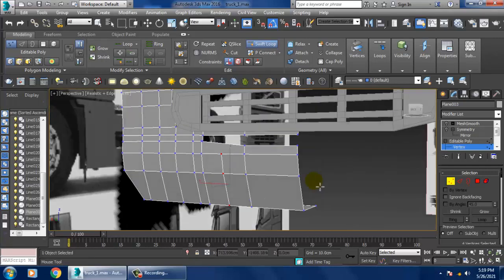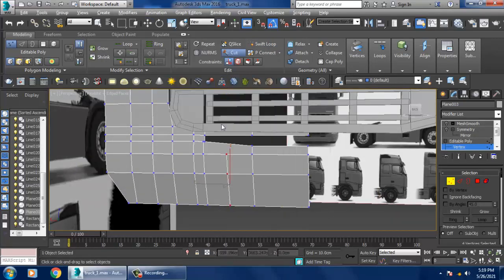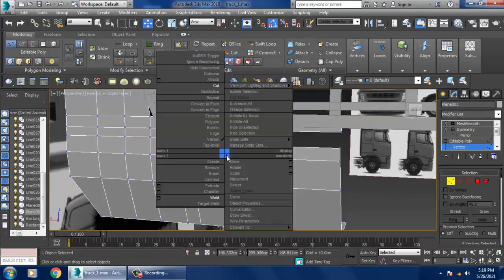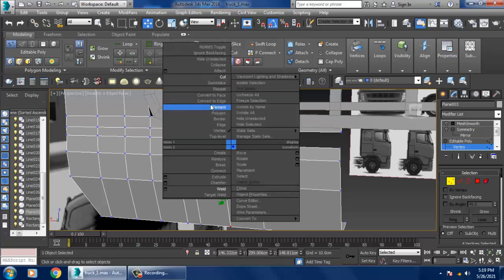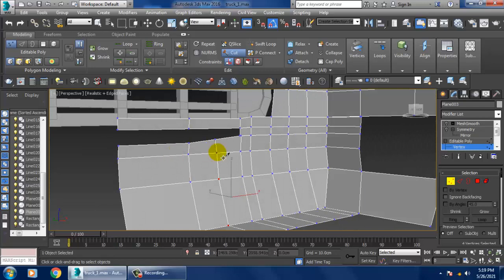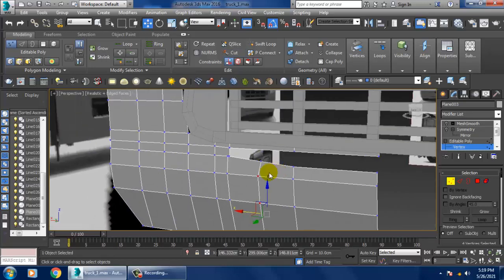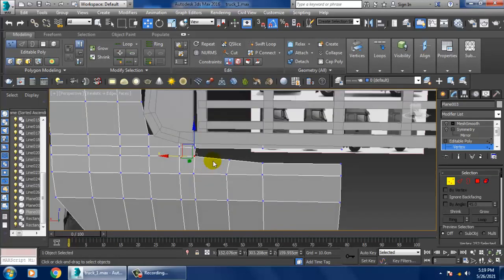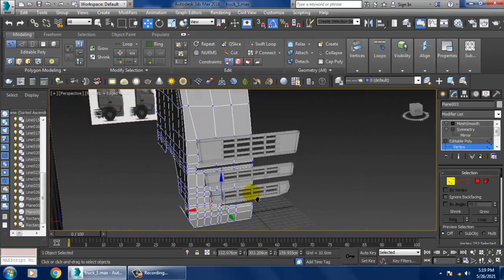Let's use again a cut over here, right click, and use a cut. Cut is used to give many segments or many edges. So save your file over here.